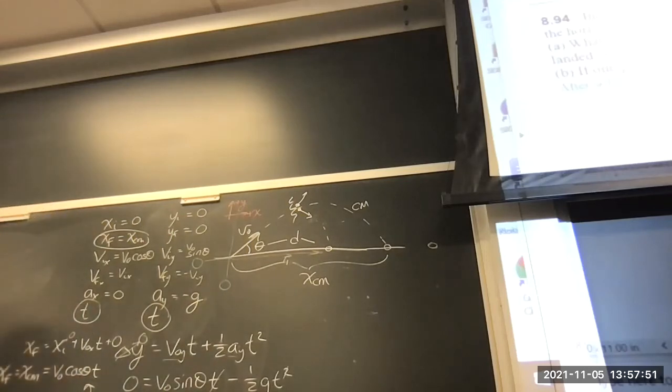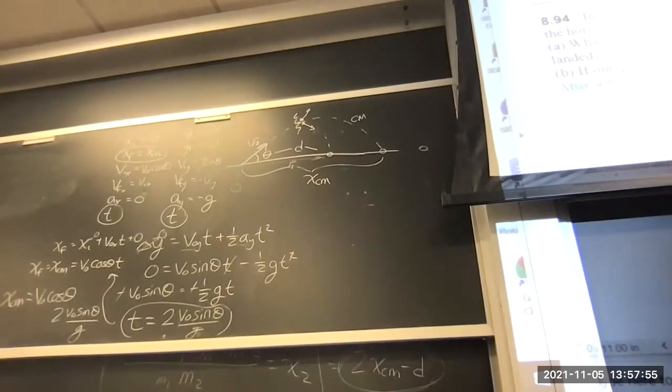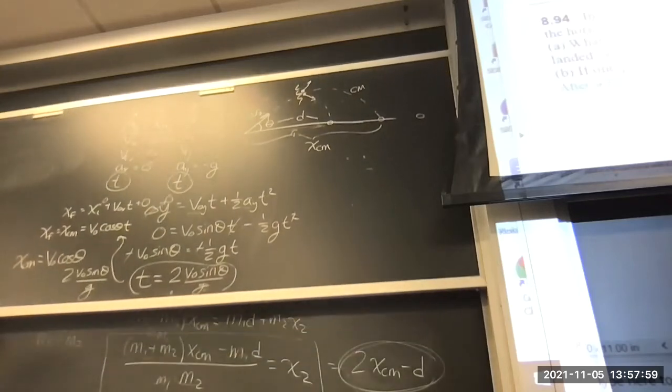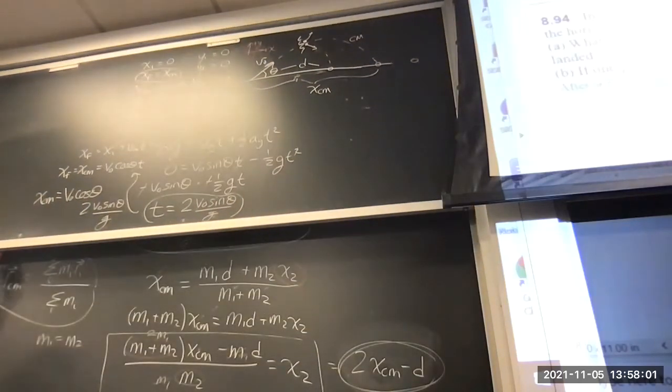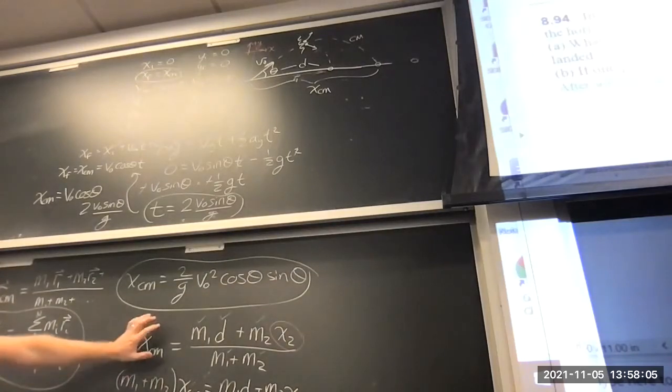Good. All right, and again, oh yes, sorry. If you set your center of mass to 0, wouldn't that mean that one of the position vectors would be negative? Yes, one would be on one side, the other one would be on the other side. Correct. So if we reset this to be 0,